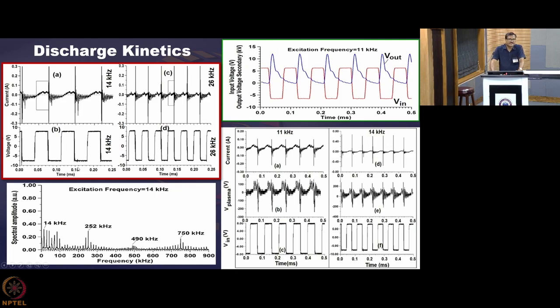And the plasma that is generated using that discharge usually contains frequencies which are not limited to the excitation frequency. Like this here, this is the 14 kilohertz. This is the frequency of that square wave by which we are inducing the plasma. But because of the oscillation that is present inside, because of the inherent nature of the plasma that has been created and the LCR circuit that has been formed, you see other frequencies are also present within the plasma created.